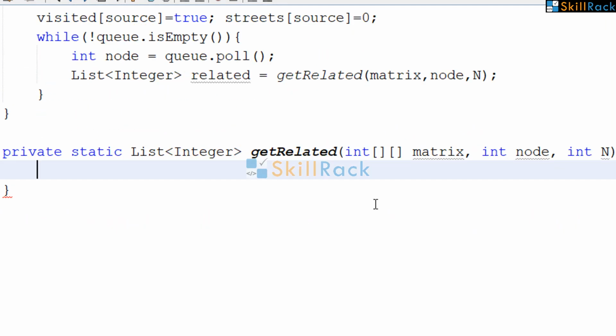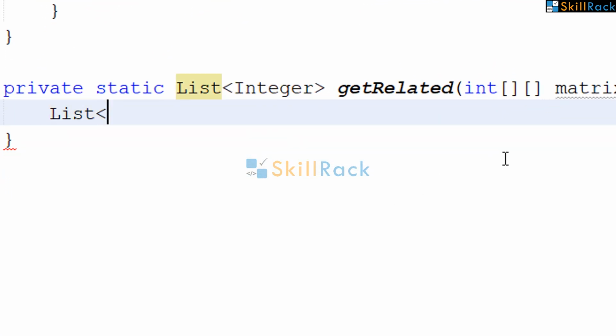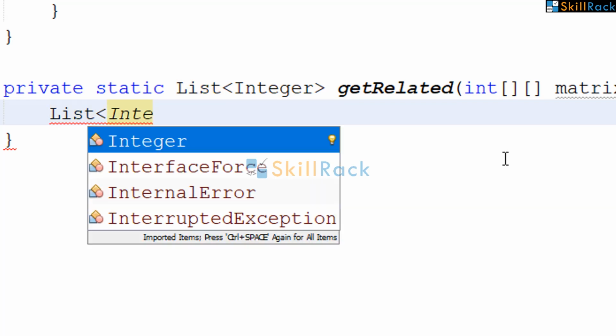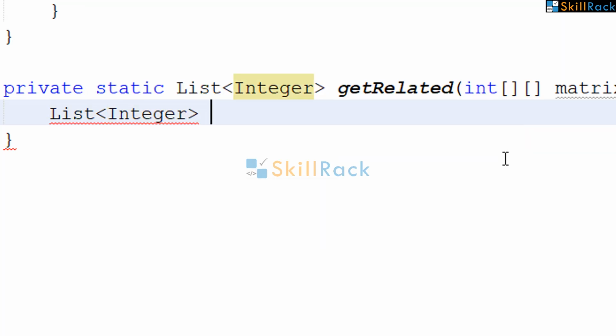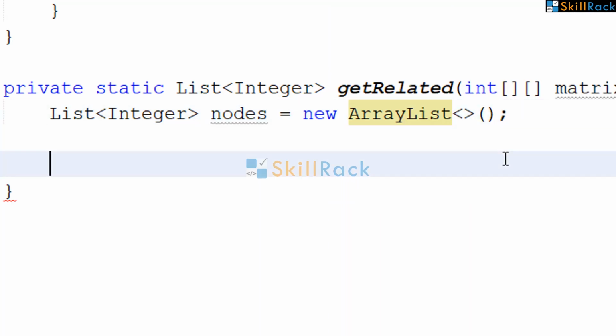Now in this method, we will initialize a list. So we have instantiated an ArrayList and we will be returning these nodes.